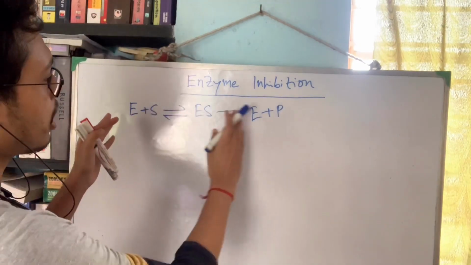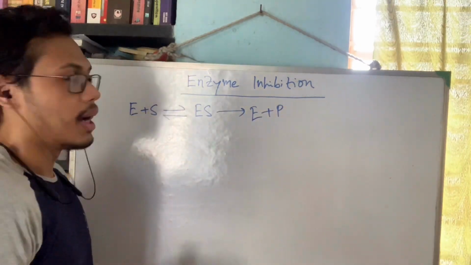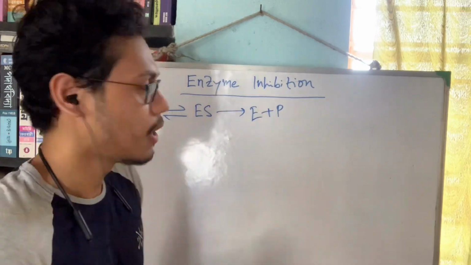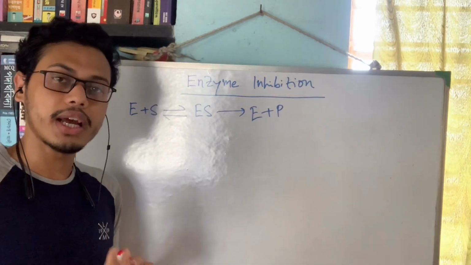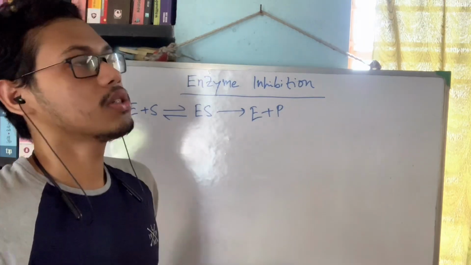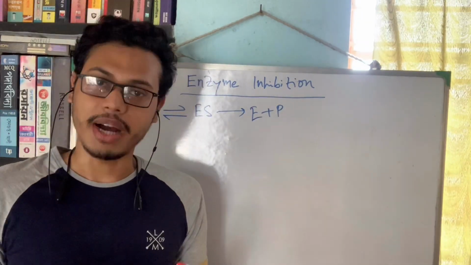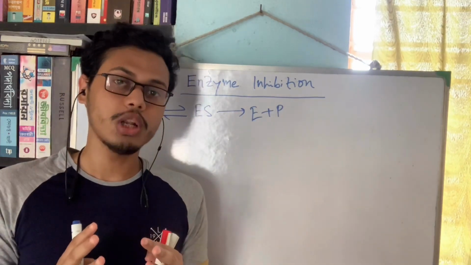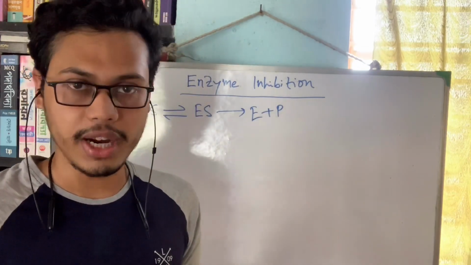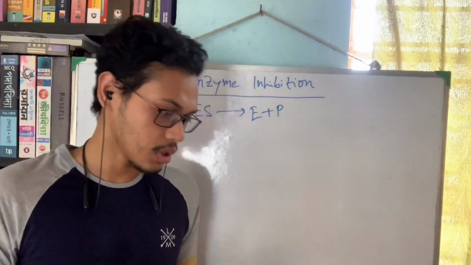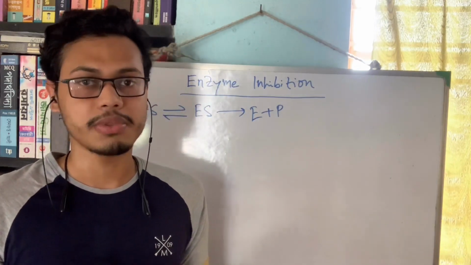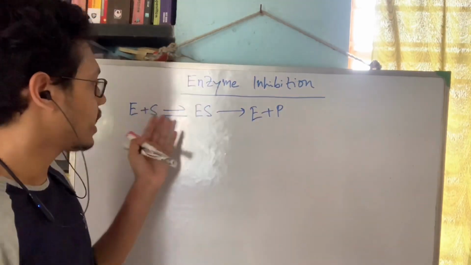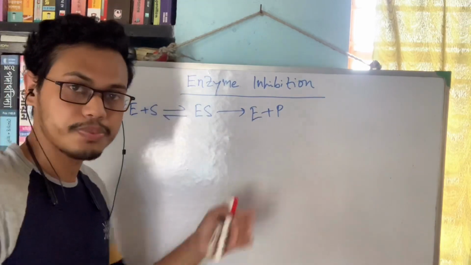This is the normal procedure of enzyme and substrate binding, and in enzyme inhibition mainly two procedures are formed. Number one, reversible inhibition, and number two, irreversible inhibition. In case of irreversible inhibition, the enzyme binds and cannot be detached from it. The binding will be permanent. But in case of reversible binding, the binding is not permanent. Covalent bonds are formed between the enzyme and substrate, and after that it will be detached. So this is the general scheme of enzyme and substrate binding.